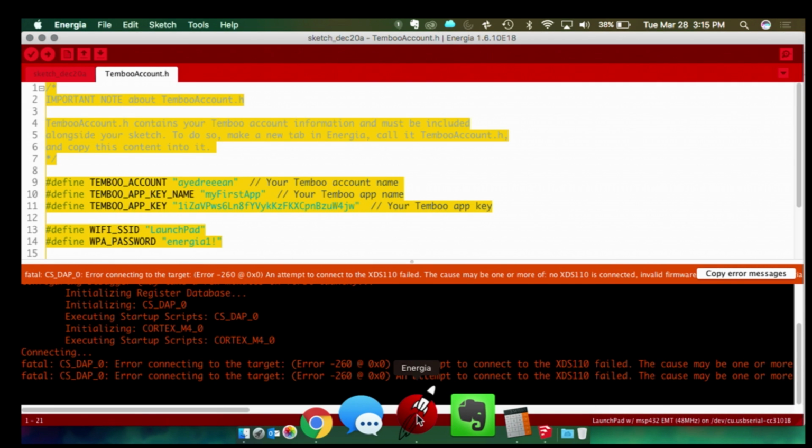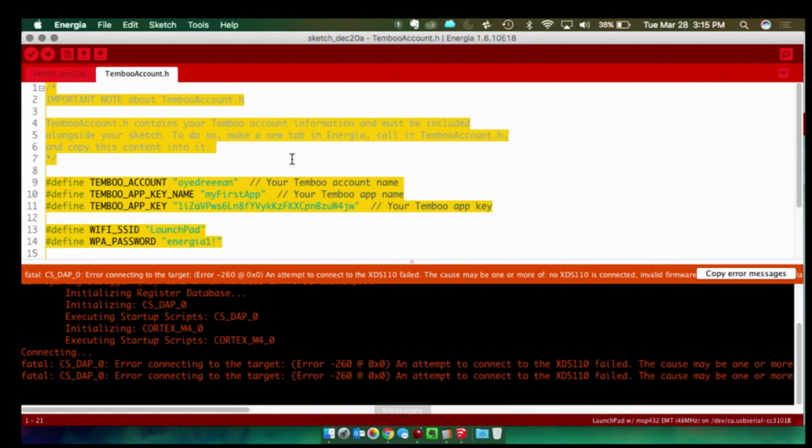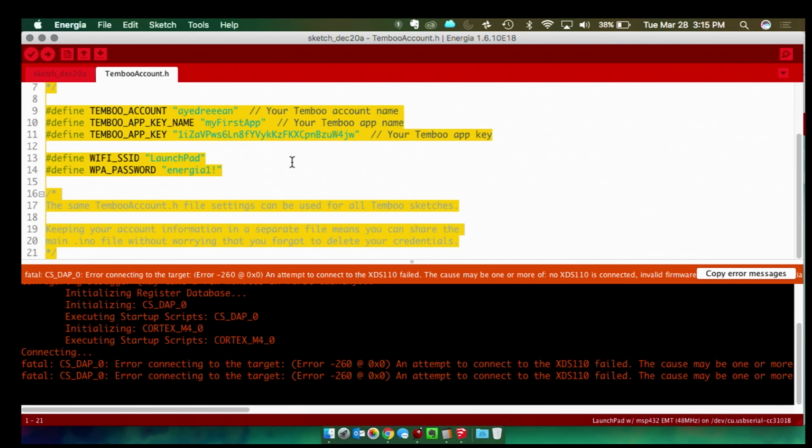We have Arduino-based IDEs. We also have full-blown IDEs as well, Code Composer Studio, which is our Eclipse-based IDE. We just recently announced a cloud-based IDE as well, so you can actually do your cloud development with a cloud-based development environment called CCS Cloud. But in this case, I'm just going to go ahead and use Energia. So I'm just going to paste that code that we generated